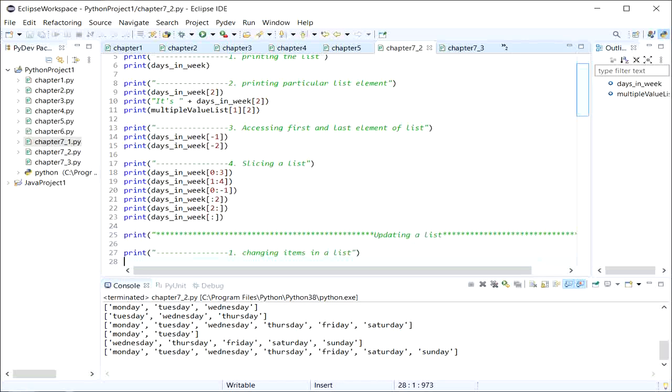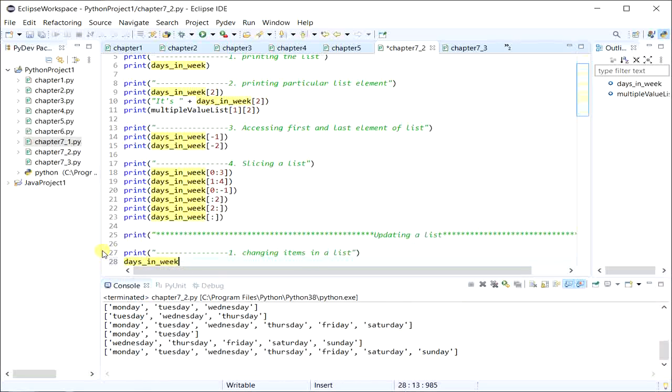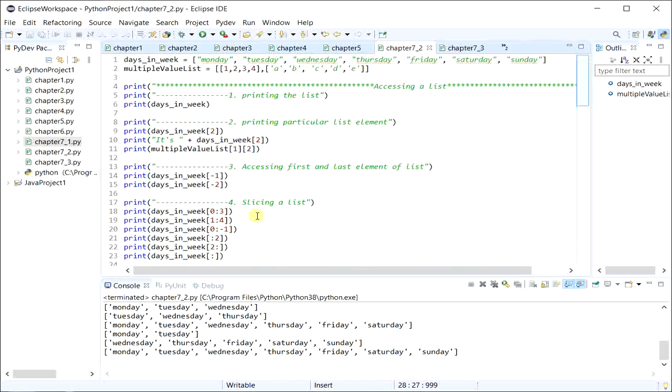So how do we change an item in a list? We'll take the example of our same list, that is days in week, and we will change the first index item, that is the item which is at index 1, and we will change it to new day. So which is the item at first index? This is 0, this is 1.